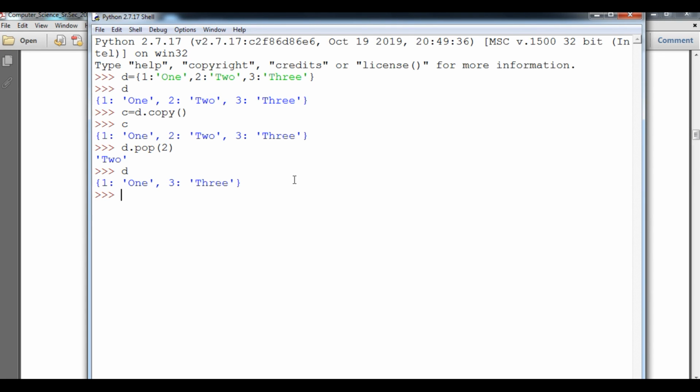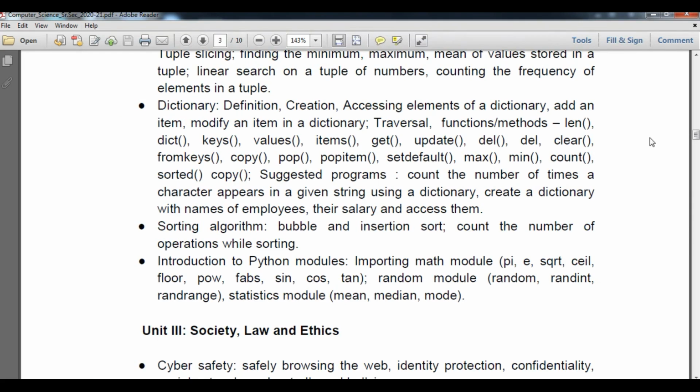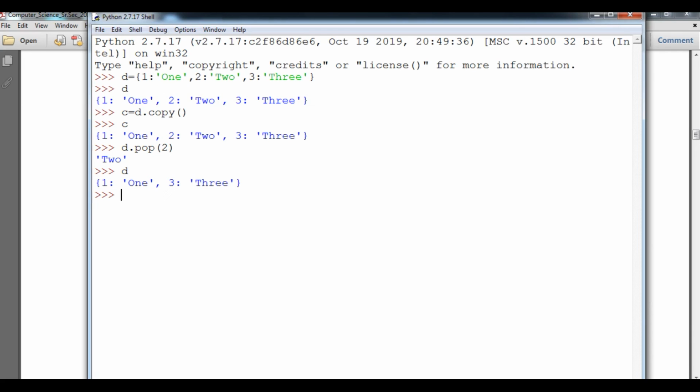Now we are going to understand the next thing, popitem. What is popitem? Popitem will pop the first element. You can see that the first element, my 1, is popped.